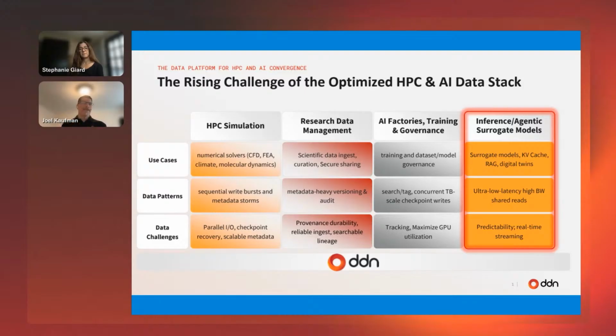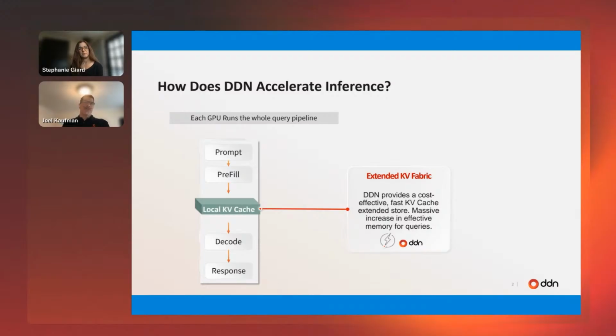And what I want people to understand is that I talked about the I/O patterns and how data flows through the system being somewhat similar for HPC through an AI pipeline. For training, that is 100% true. When it comes to inference, though, there's actually some nuance there that we want to be really a little careful about. So what we look at is this.